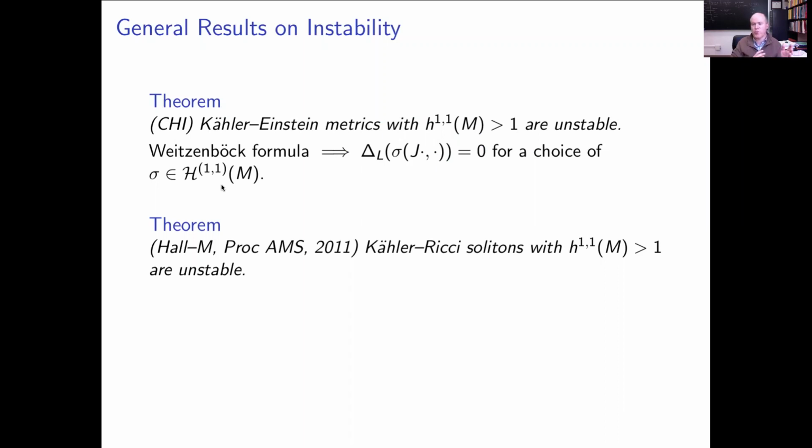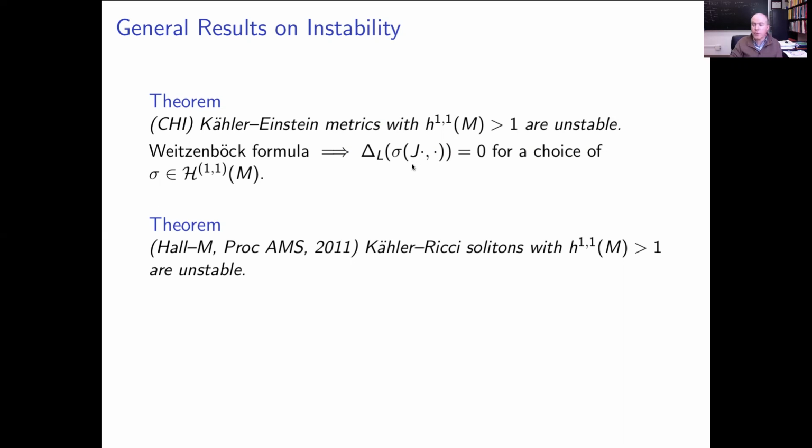So now you should see how this is going to be related to the second variation formula, because you want something that is divergence-free and satisfies the condition on the trace. The next ingredient is, if your tensor sigma lies in H^{1,1}(M), then your form is a (1,1) form, and there's a natural way to turn a (1,1) form into a symmetric 2-tensor on a Kähler manifold, which is to put the complex structure into the first slot. So this gives you a symmetric 2-tensor,